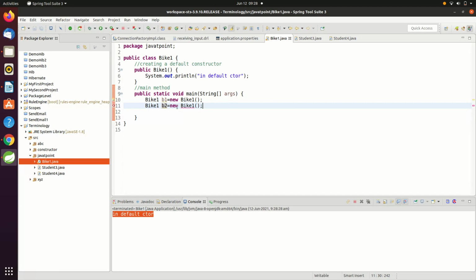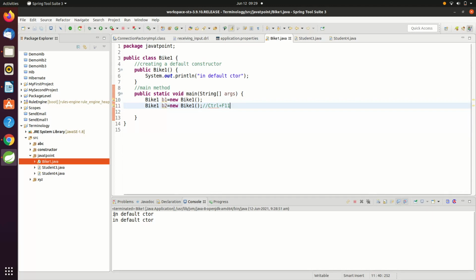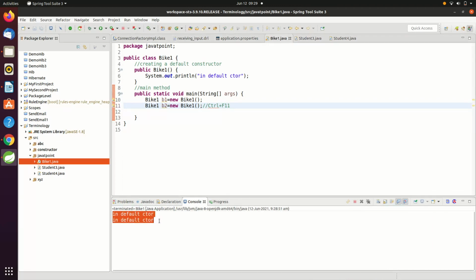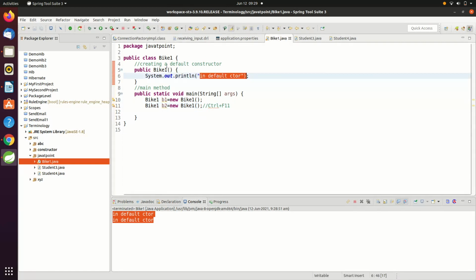Now again we will run this program and let's see, by using the Ctrl plus F11 shortcut key. I will write it down so you can get it: Ctrl plus F11. You can see in the console, guys, what is the output. The default constructor message has been printed two times from the bike1 constructor, which is a default parameterless constructor.